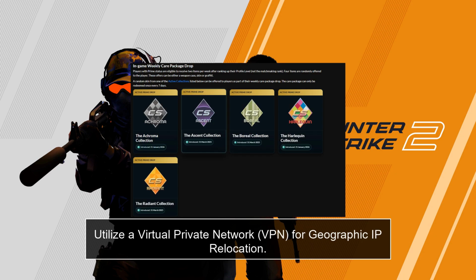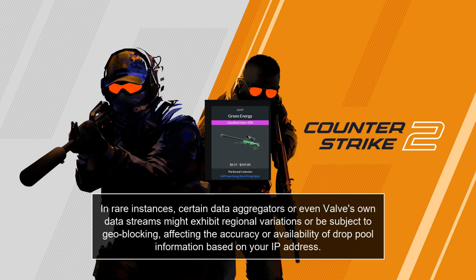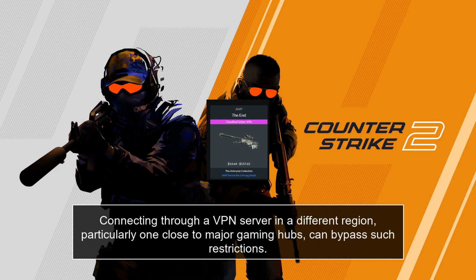Utilize a virtual private network, VPN, for geographic IP relocation. In rare instances, certain data aggregators or even Valve's own data streams might exhibit regional variations or be subject to geo-blocking, affecting the accuracy or availability of drop pool information based on your IP address. Connecting through a VPN server in a different region,